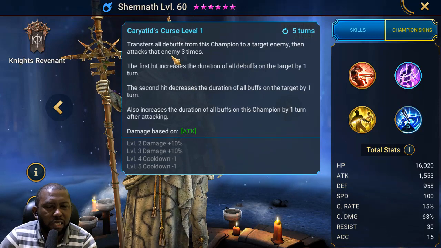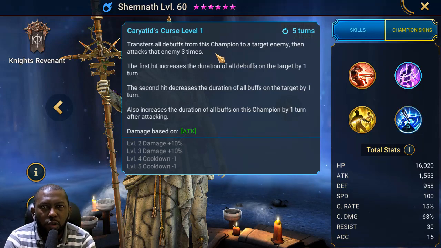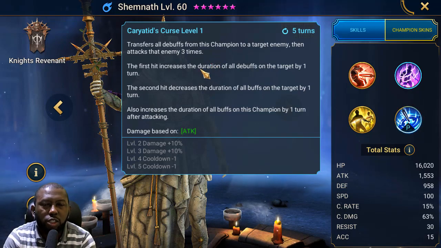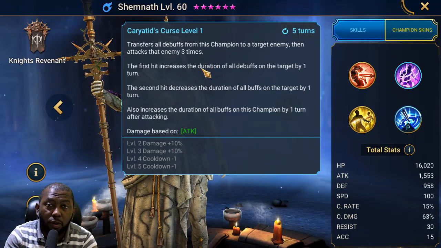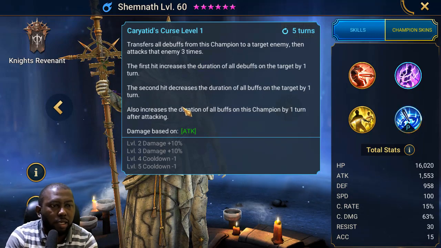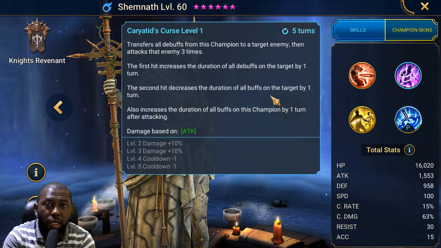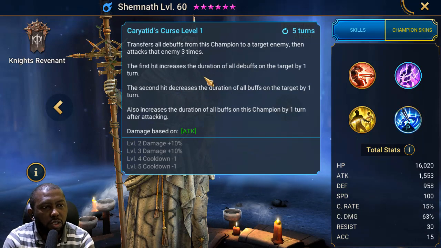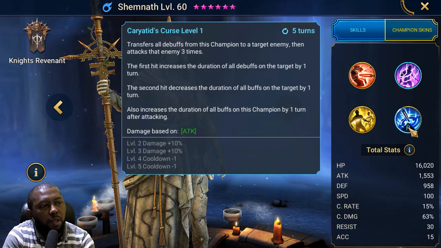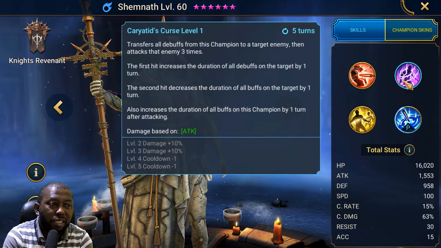It's just from herself. Just like what's her name now, Lysandra, also has a similar skill on her A1. She just transfers the debuffs, but Lysandra doesn't increase the duration of the debuffs. This champion would increase the duration of the debuffs with the second hit. And no, the second hit decreases the duration of all buffs on the enemies. So it's the first hit that increases the duration of the debuffs, while the second hit will decrease the enemies' own buffs. So that's a nice one,